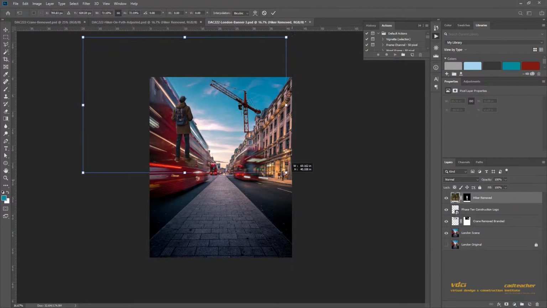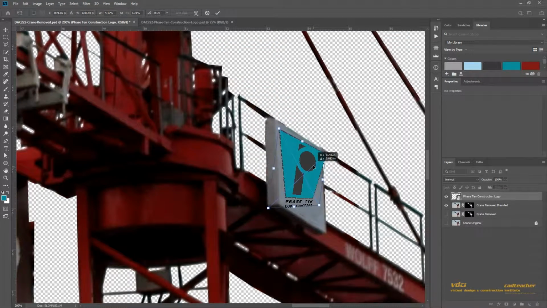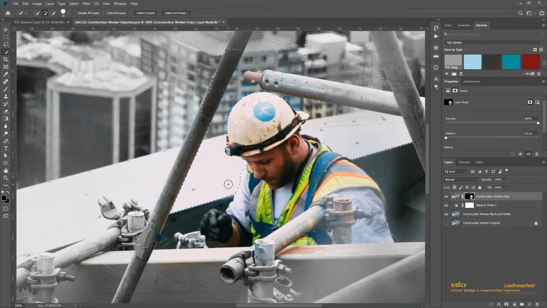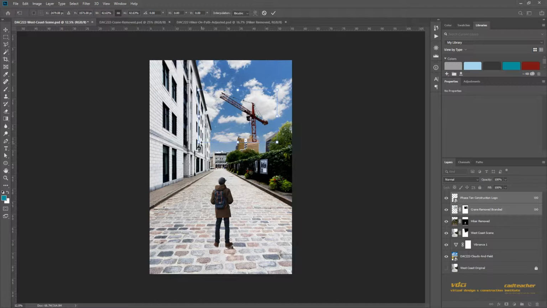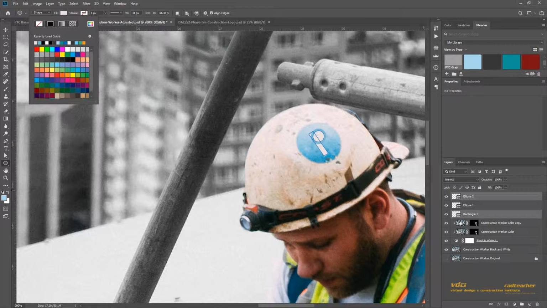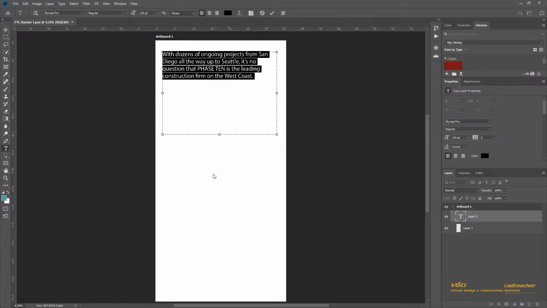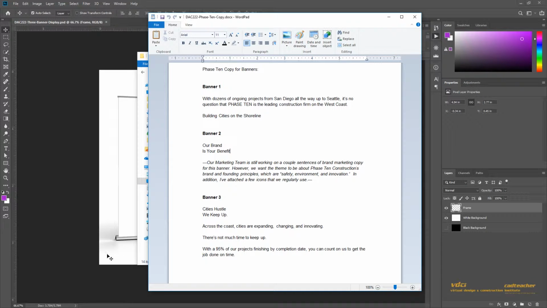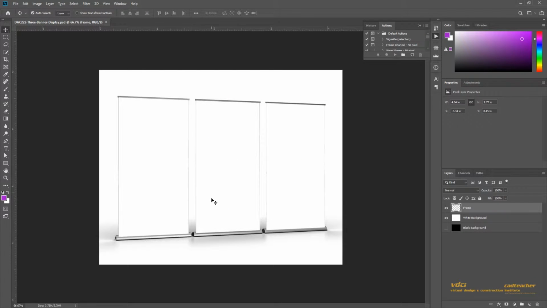Hello and welcome to VDCI CAD Teacher DAC 222 Intermediate Photoshop. This course is designed for individuals who have completed Introduction to Photoshop and wish to further apply, reinforce, and expand upon Photoshop skills. Throughout this course, students will walk through the process of envisioning, designing, and creating 3 pop-up banners